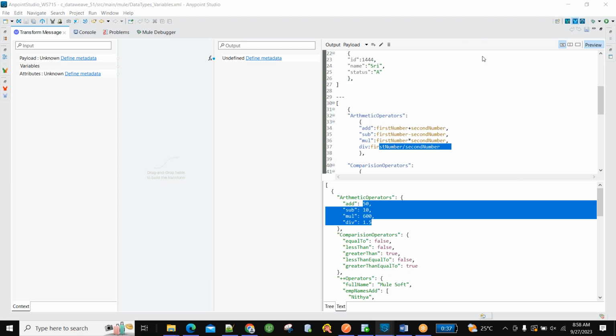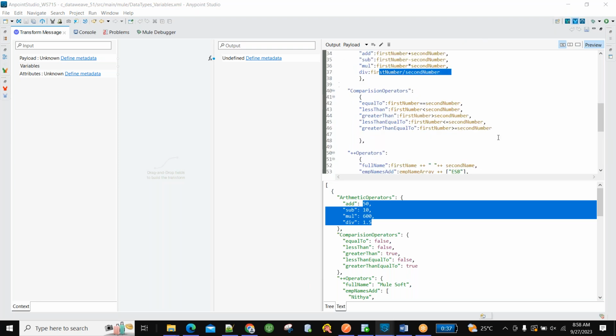In the same way, we are performing some comparators in the transform message. Comparators we have to do in this way. If you are comparing numbers and you keep a single equals to, it will not work. The syntax should be double equals. A few syntaxes we have to remember; we don't have any other option.